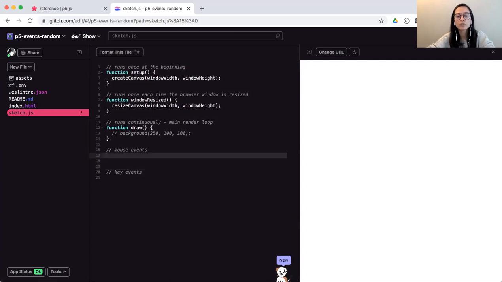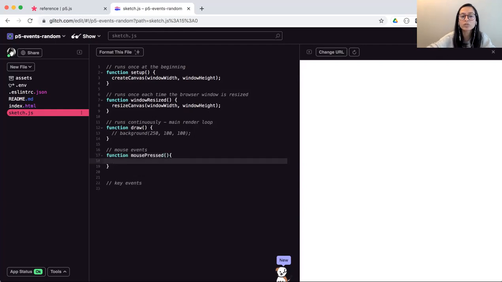Okay, so first of all, let's try to do something that is a bit more common and interesting. So we're going to play around with a mousePressed function. As the name suggests, this event will get triggered only when the mouse is actually pressed, right? So whatever set of instructions we put inside this function will only be executed once the mouse is pressed. So let's try to create something that we have done before, like a simple circle. And in here, since we have also played around with mouse X and mouse Y position,